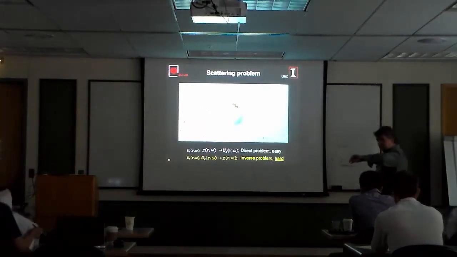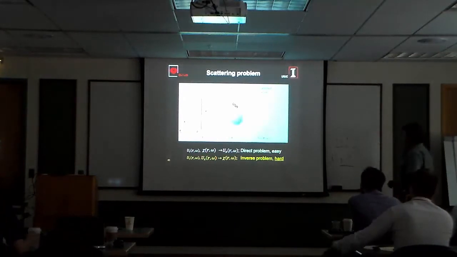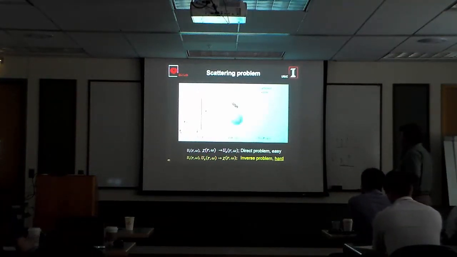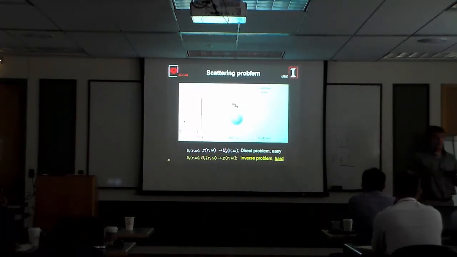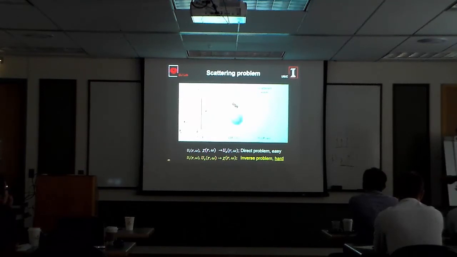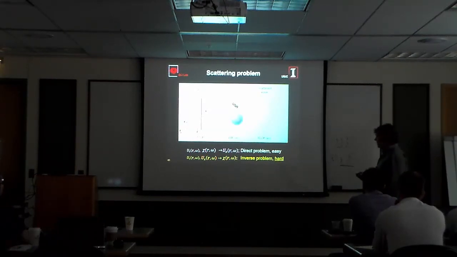I don't think we're going to get to cancer, are we? But let me tell you about tomography. This is something kind of recent. So basically, what I'm going to tell you is that you can turn your microscope into a very powerful scattering instrument. And the scattering problem is kind of like this. If I have a cell or an object here, I illuminate it with a plane wave. I'm measuring the scattered wave somewhere far away.